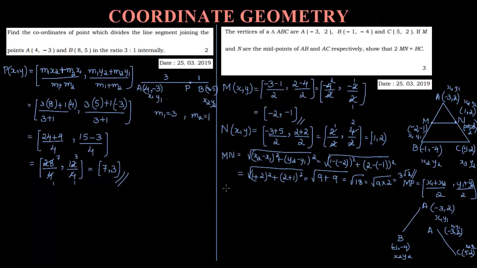In the same way, find the value of BC. Okay, so if I am talking about the line BC, then I need to just take this point as x1 y1, this point let it be x2 y2, right? So let me just substitute it directly. 5 minus of minus 1 whole square plus, then you have here 2 minus of minus 4,